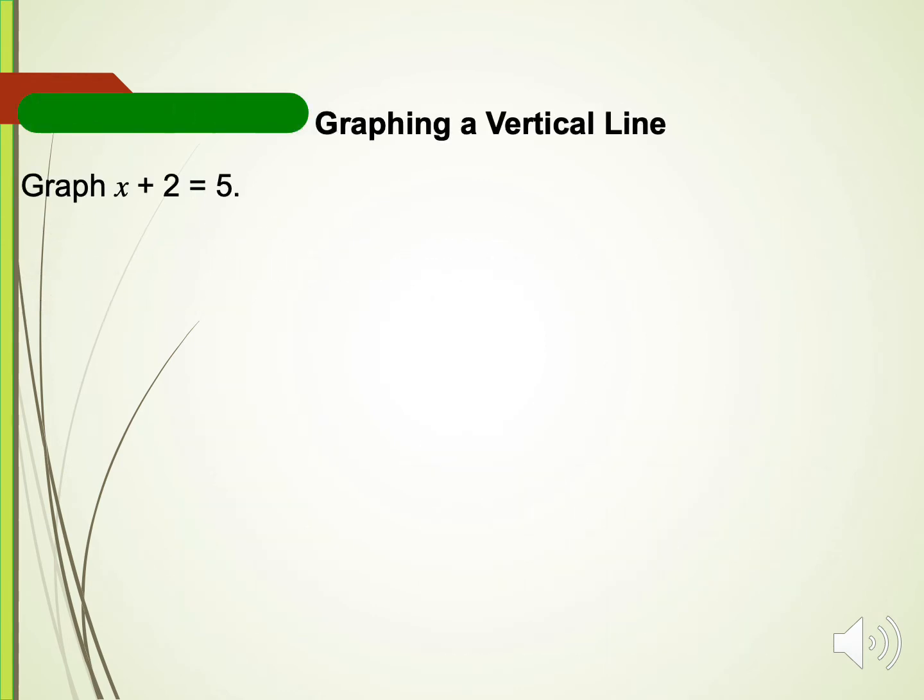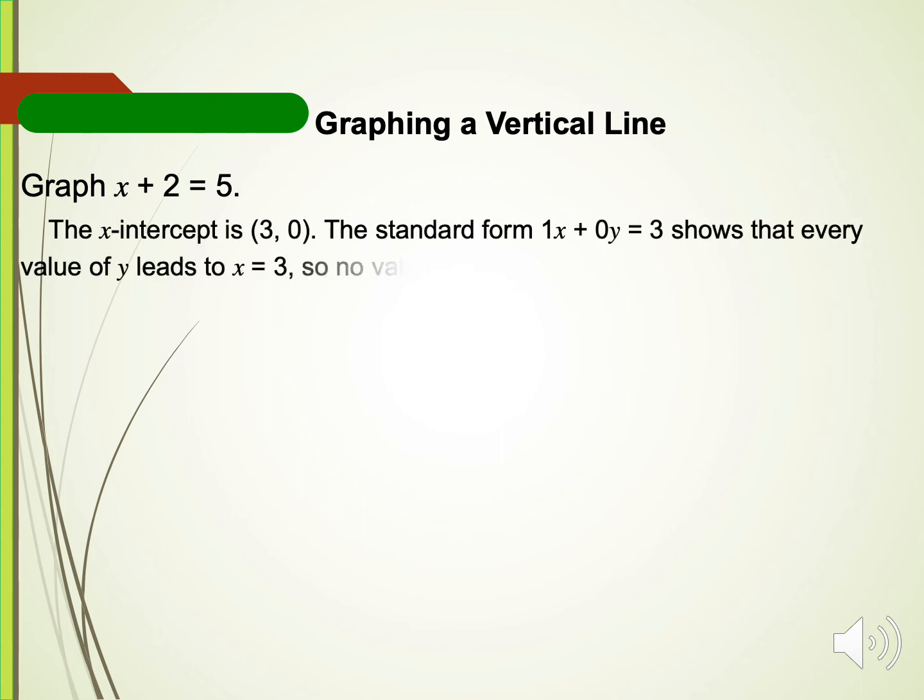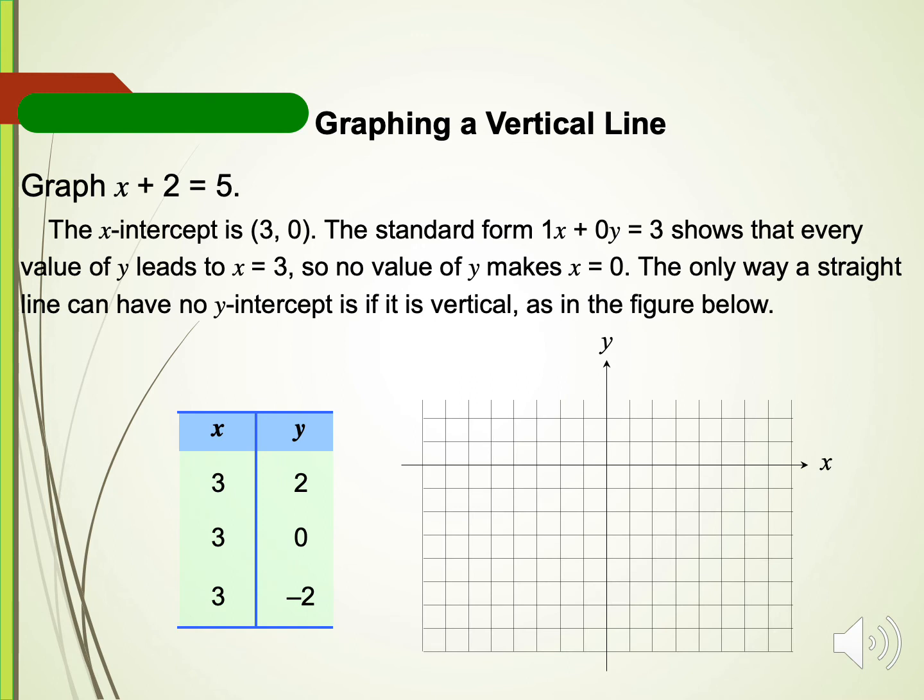Suppose you are given the equation x plus 2 equals 5. You have to simplify that first. So you have x equals 3. Okay, so when we say x equals 3, whatever y that you are going to assign, x is always constant at 3. So simply, you may even have to show 3 points. You have 3, 2; 3, 0; 3, negative 2. So if you plot that, notice that it is the vertical line